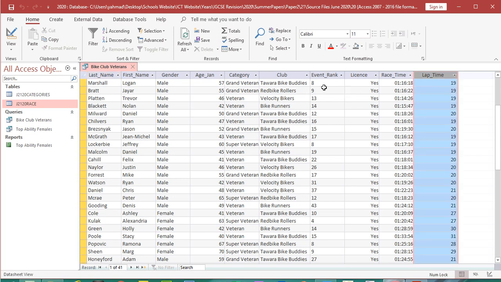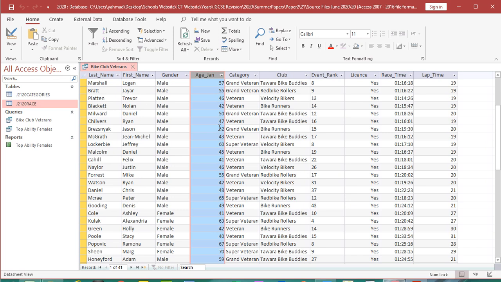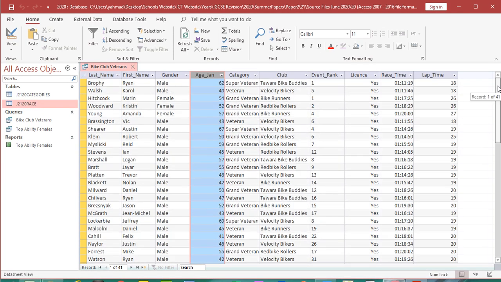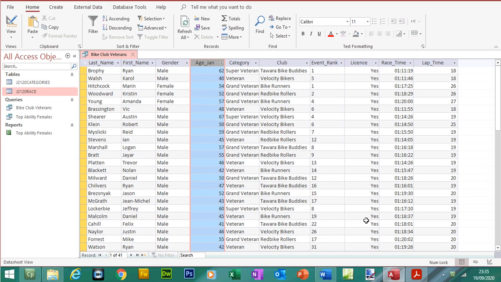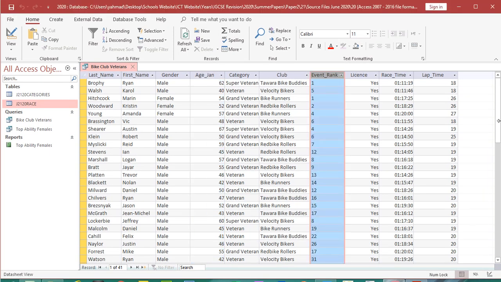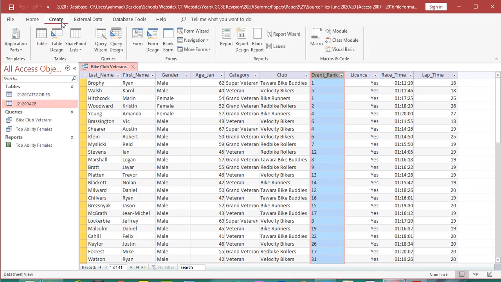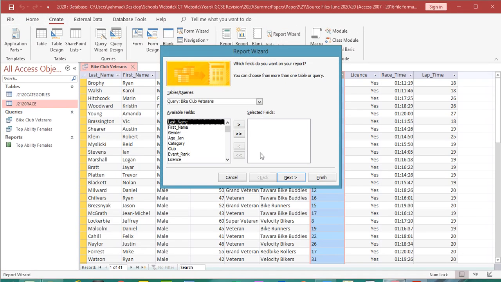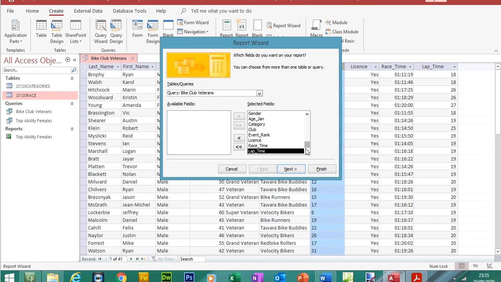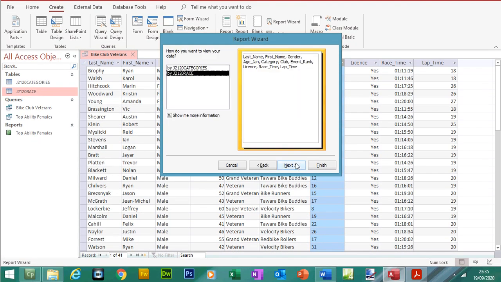So we've got the new field. Okay, the club contains bike. This is 40 or more. Can we see 40 anywhere? Yeah, 40. And what's that? Yeah, and this does not include DNF. Yeah. So save the changes and go to create, report wizard, select all of your fields including lap time, next,